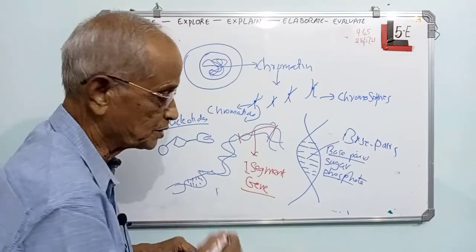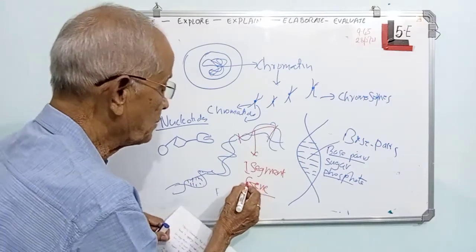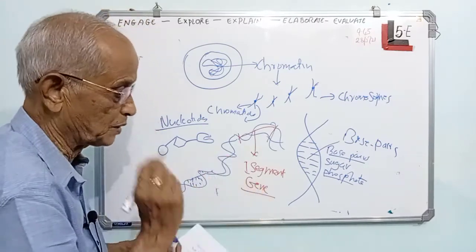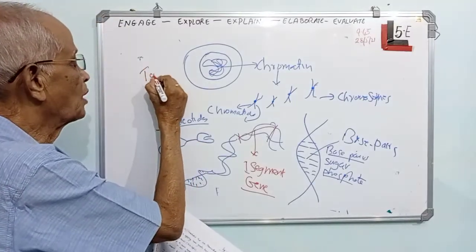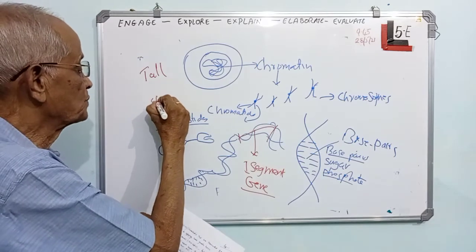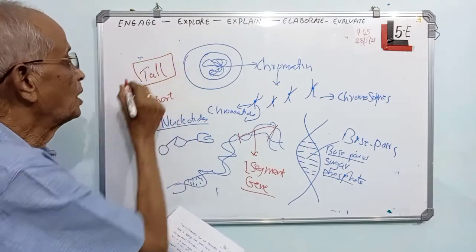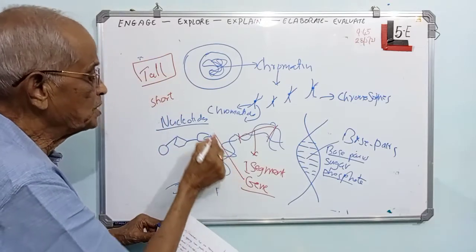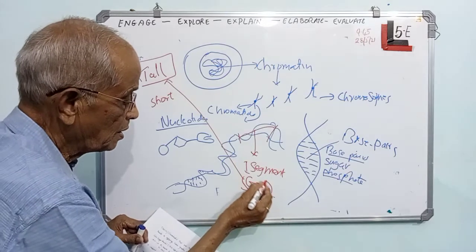So gene is a segment of DNA, and this gene may be responsible for many things. Now I told you that the pea plants will always become tall and some plants always become short, we said. How it is possible? If you use the gene information, now we say gene will